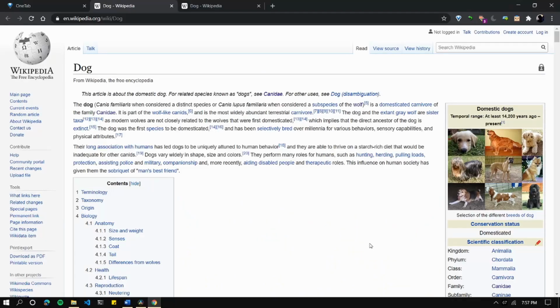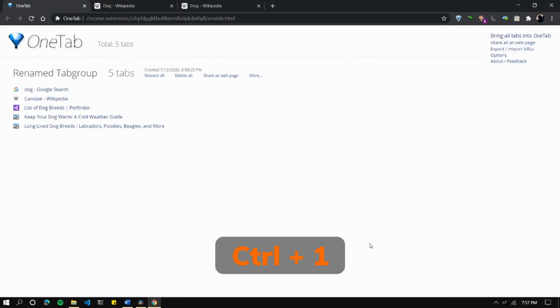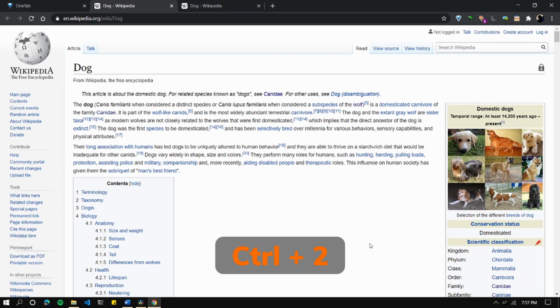Three, Tab Manager Plus. When speaking about navigating between the tabs, Chrome gives us a quick shortcut for that. Just press Ctrl plus the index of the tab you want. For example, if you press Ctrl plus 1, you will be sent to the first tab, Ctrl plus 2 to the second tab and so on. But Ctrl plus 9 is always designated for the last tab. So no matter where you are, pressing Ctrl plus 9 takes you to the last tab.